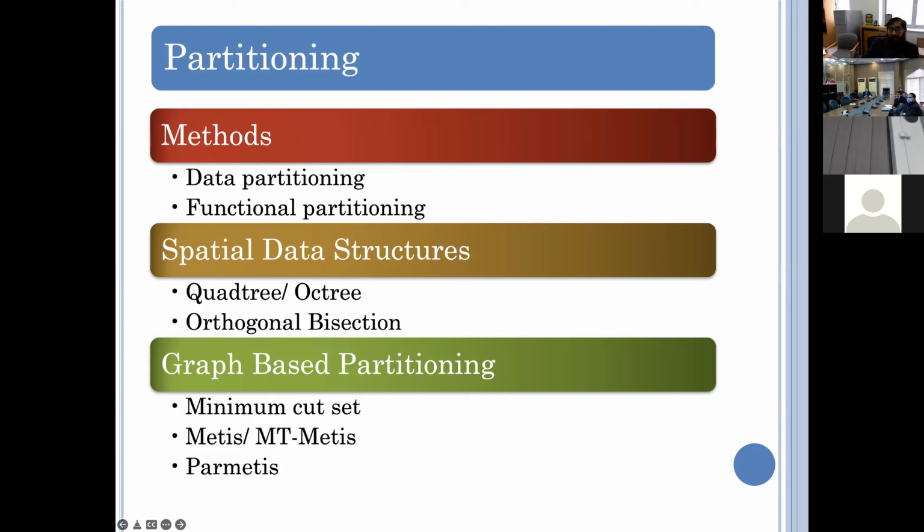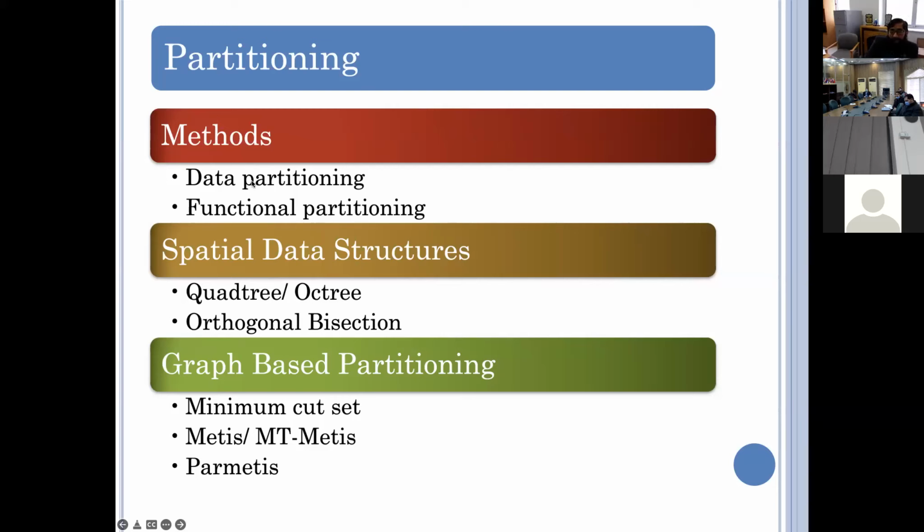What is data partitioning? For example, I am an instructor, I have 4 TAs, and I would like to mark papers. I have 100 papers. What can I do? I take 25 papers and give 25 papers to each of my TAs. So that is data partitioning. I give some data to TA 1, TA 2, TA 3, TA 4, and 1 to me. So if I also mark the papers, there are 5 markers, so if I divide it, everyone will get 20 papers. So that's how we can divide the data.